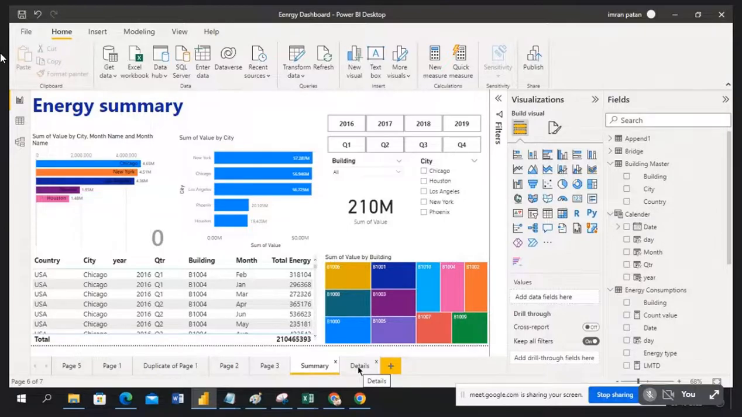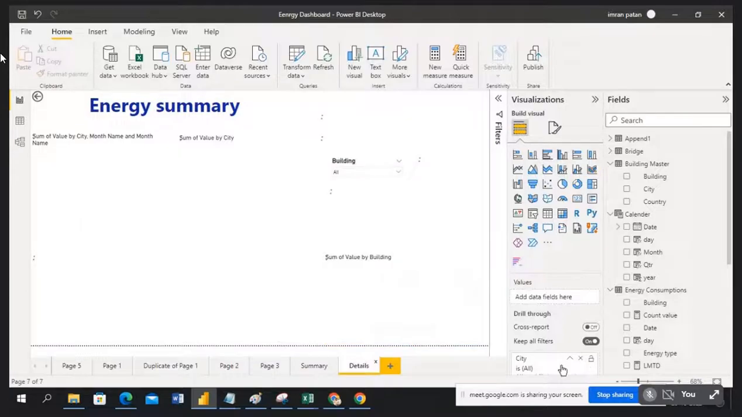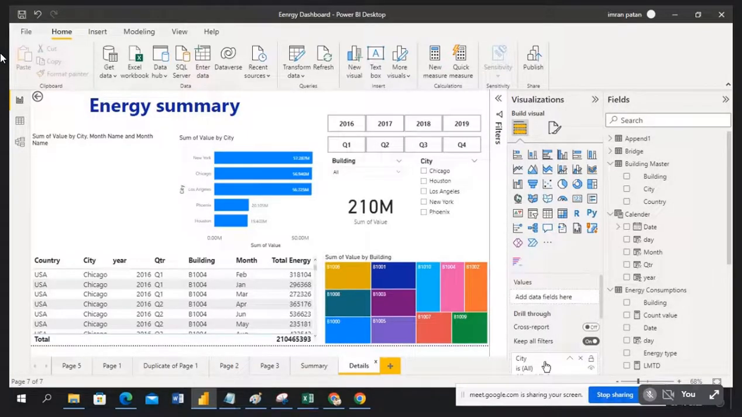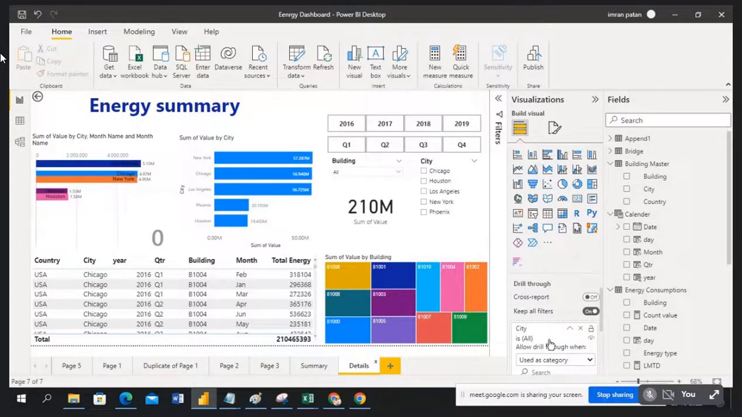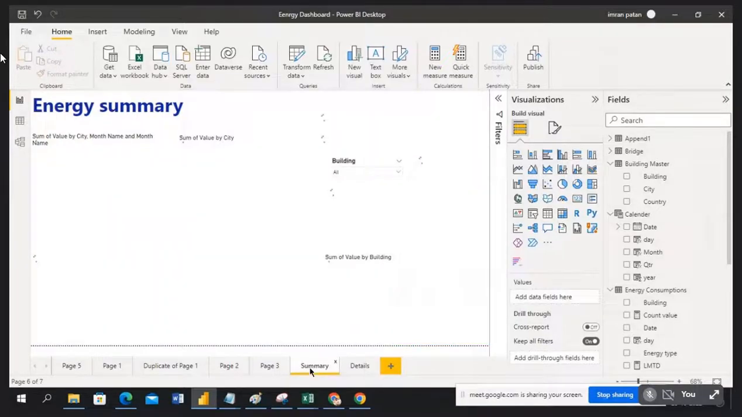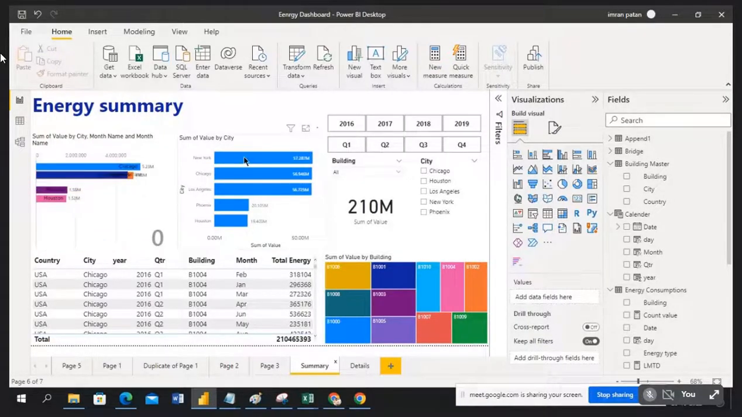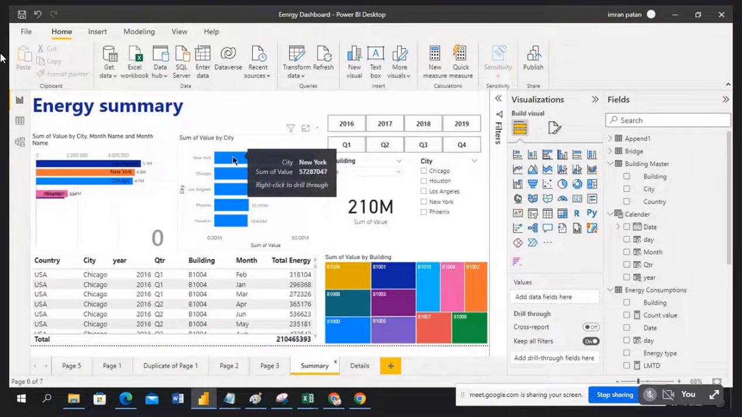Now I added a drill through option in the next page. Keep this in mind. I added drill through for city here, the column city I provided here, and the back button came. Now the user, from the summary report, when he right clicks on a particular city bar,